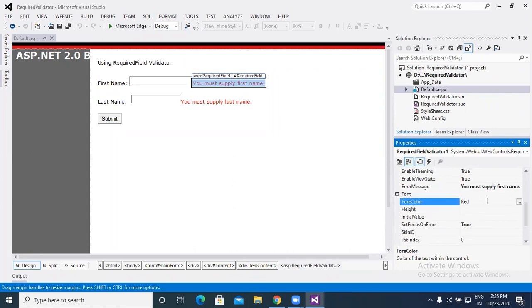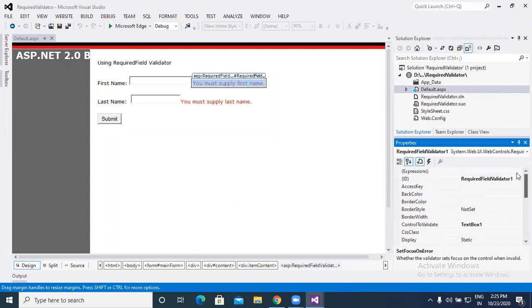For color, since it is an error, we can set red. Next is set focus on error, true. It is compulsory, otherwise your errors cannot be displayed. So these are the important properties in the required field validator control: control to validate, the error message, and set focus on error true.